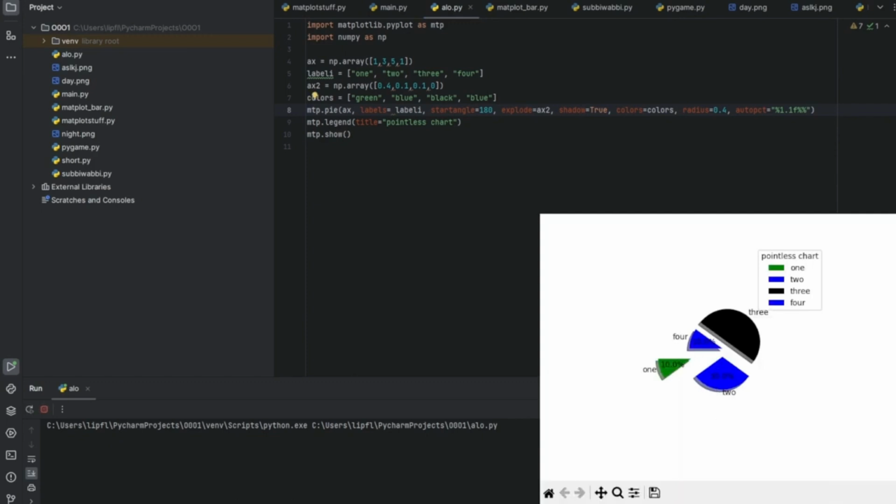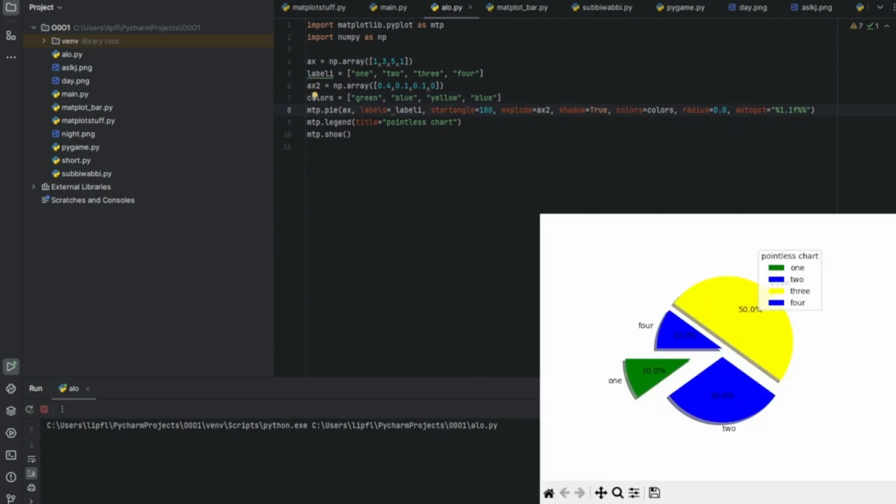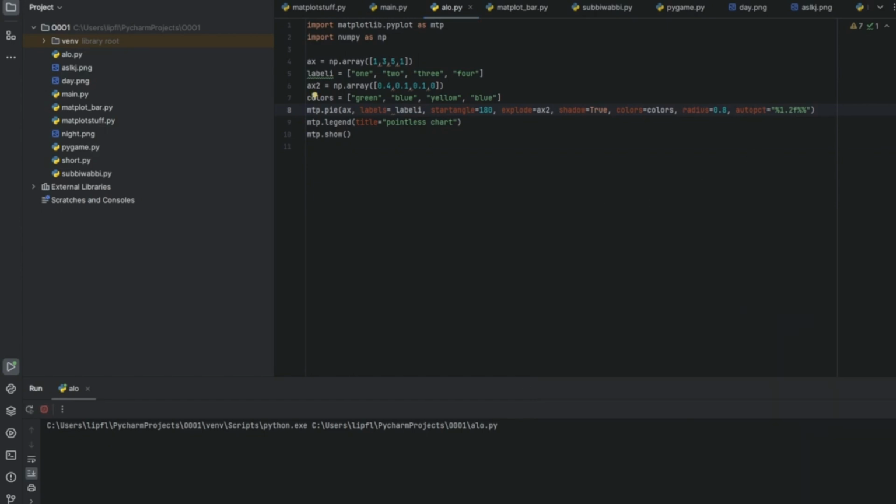And yeah, of course, let's change the black one to yellow. And let's add some radius. Yeah, much better. Now the percentage 1.1 kind of means one digit after our comma. It's a float. If we want a larger number, like 2 elements after the point of our floating point